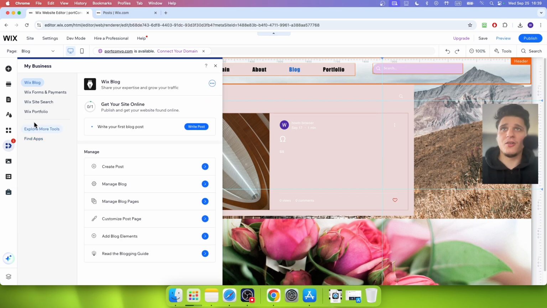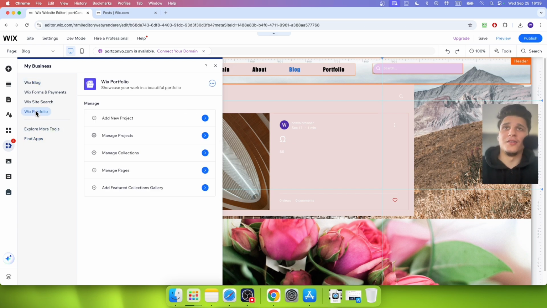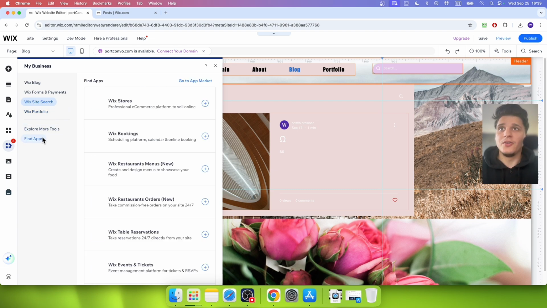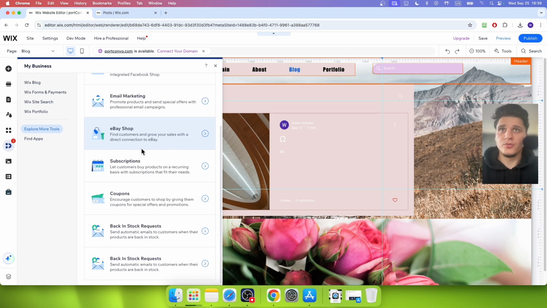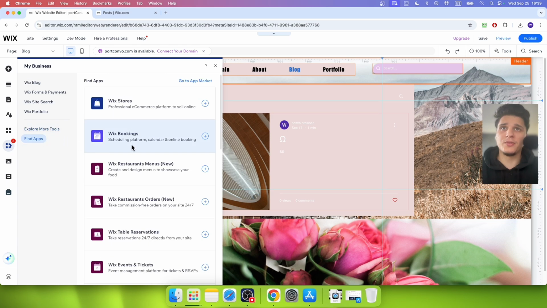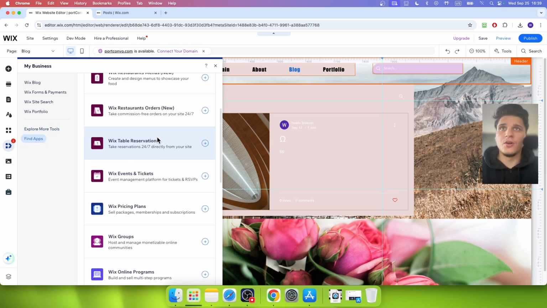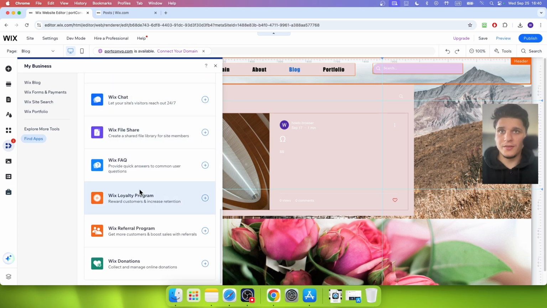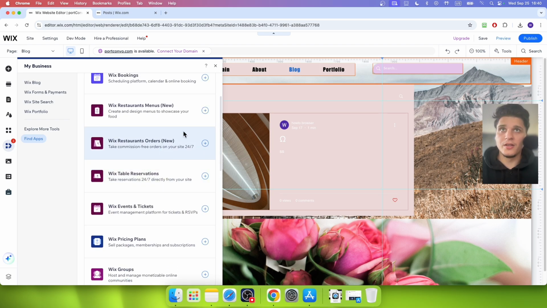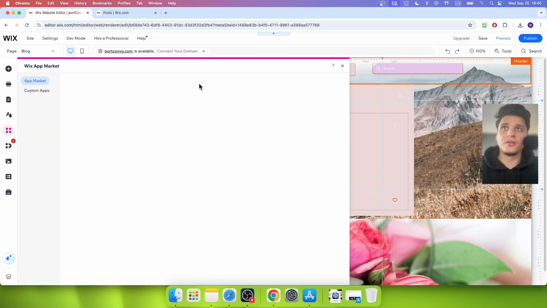I can also check all the apps I installed on my website. I can click on here to create a new project. You can find apps here, Explore More Tools. You can also look through some of the tools you might need for your website, and also some apps you might need for your website. So you can go here, and maybe even some of the apps that you see here you might find helpful, or if not, you can click on some of the categories here and check all the apps